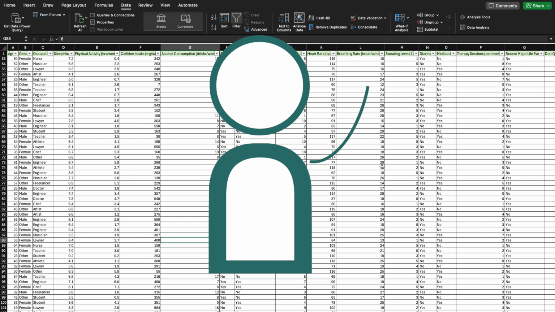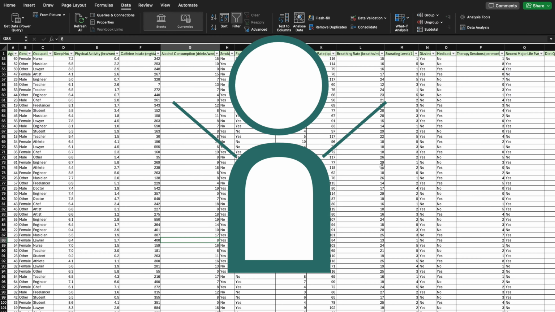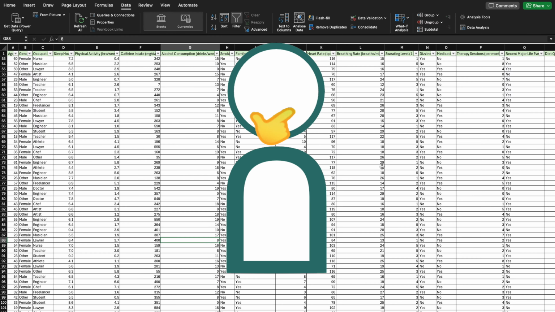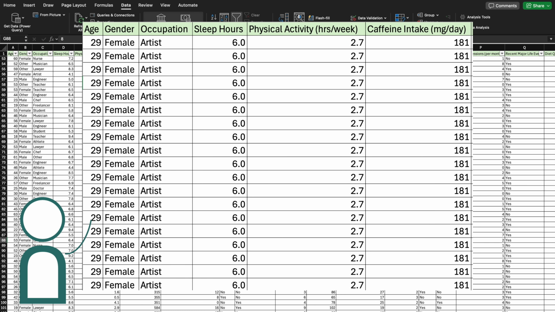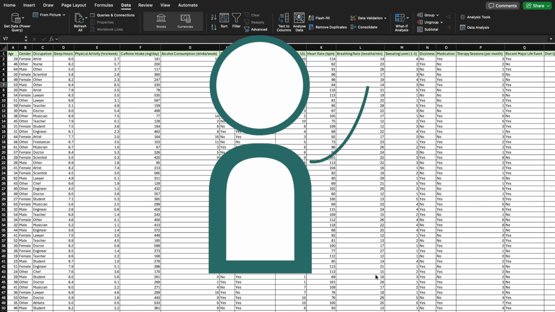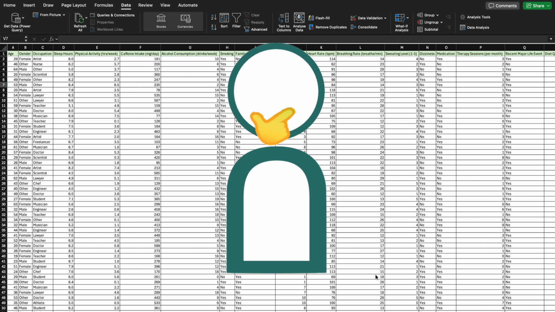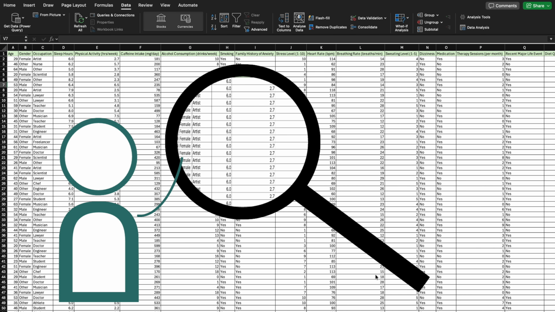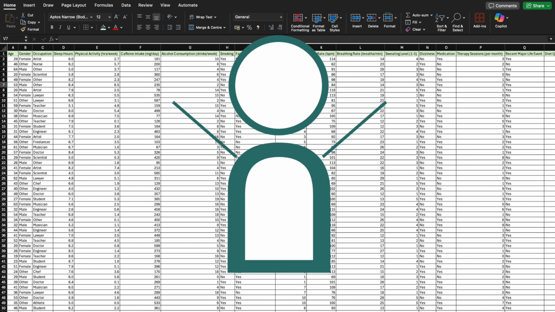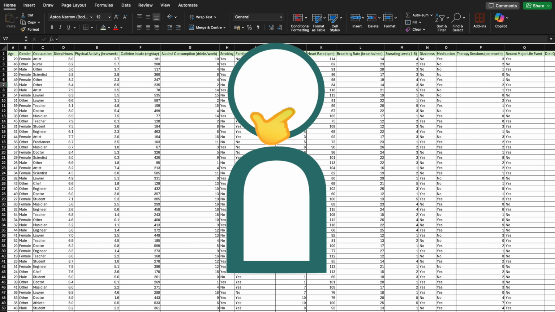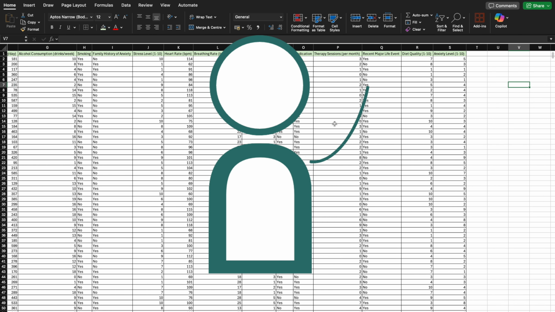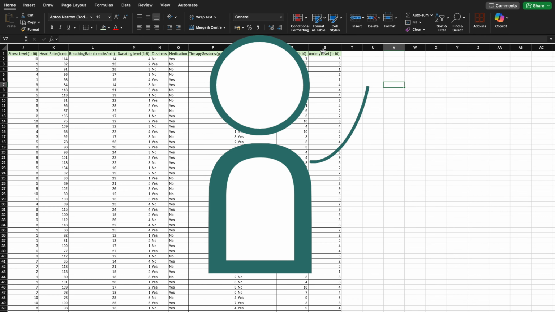So now we have to check for the uniqueness of the data, and that means that we had to ask, are there duplicates within this dataset? So to check for the uniqueness, I had to identify if there are any duplicate records within this dataset. And to identify if there are any duplicates within this dataset, then we would have to create a new column